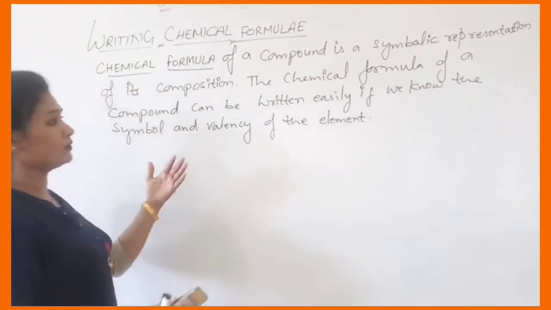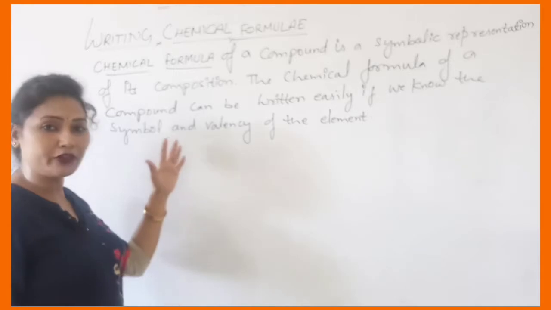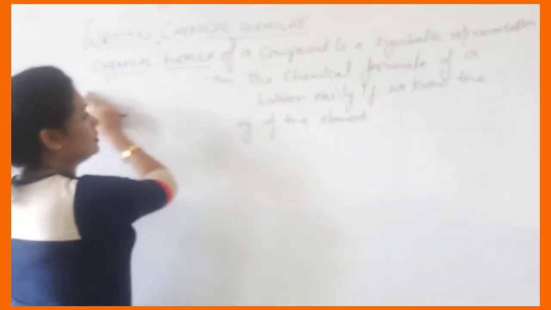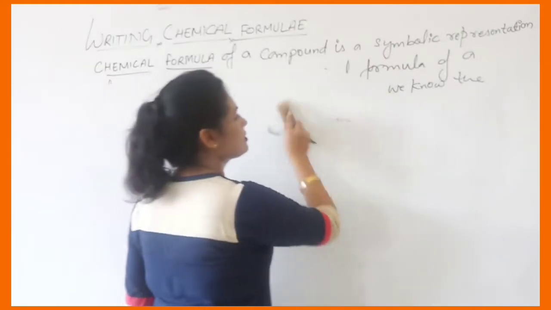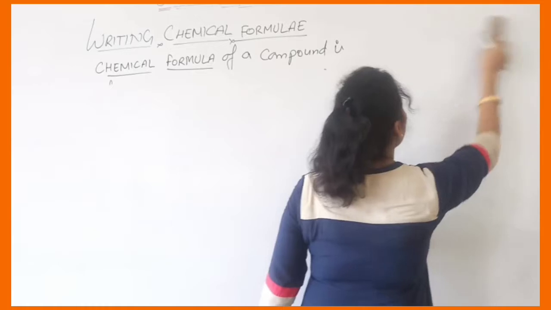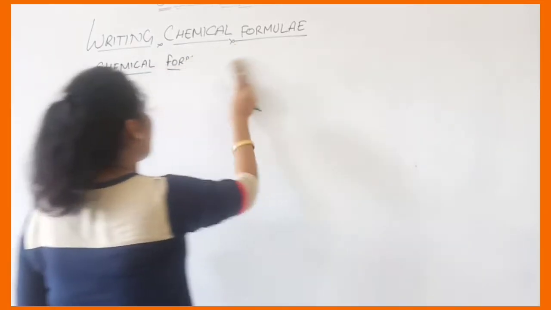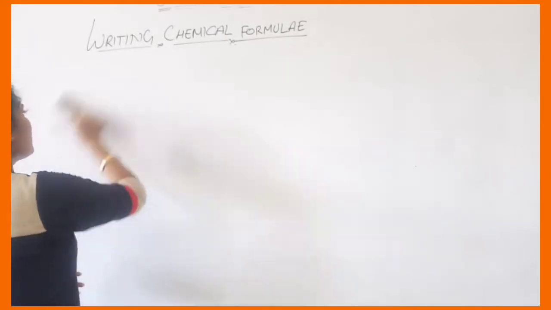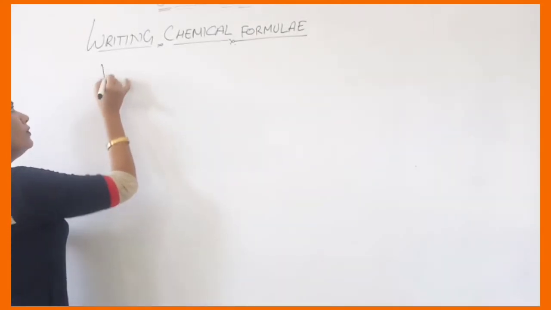If you have written it, it's alright. If you have not written it, please pause the video and write it. Now I want to discuss the valency chart of cations and the valency chart of anions. So let's do the valency chart